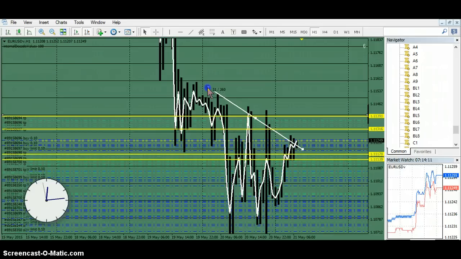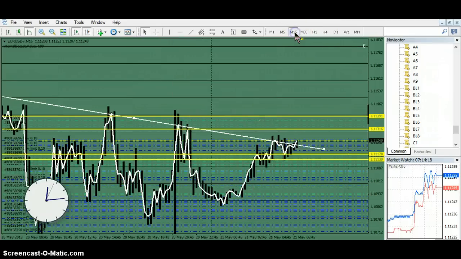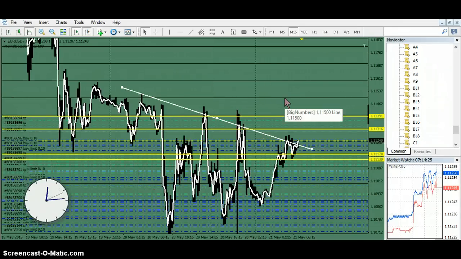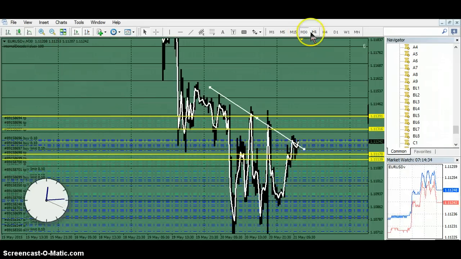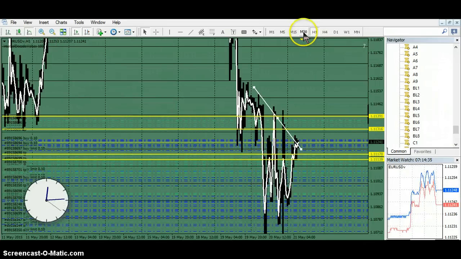Nice thing here is that if you're on the 1 hour and you go to the 15, you don't have to redraw that trend line because you can just toggle through the peaks on that. You may have to zoom out to kind of get an idea how that falls in. But when you're going just from 15 to 30 to 1 hour, it's quite a world there. Another thing